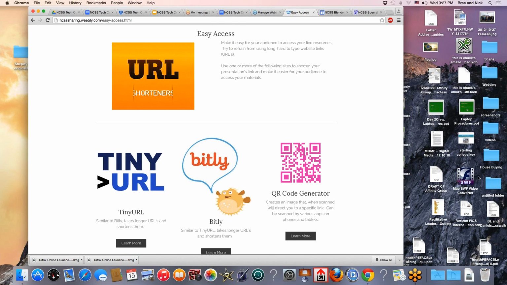So they're not just walking away with a handout. They have something to move away with so that they can come back to it and engage in it again. QR code generator, that's really more for people on the move if they're up and around during your presentation,